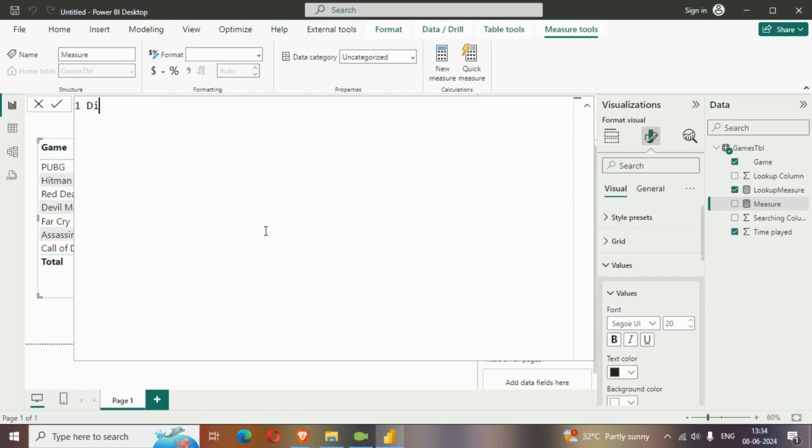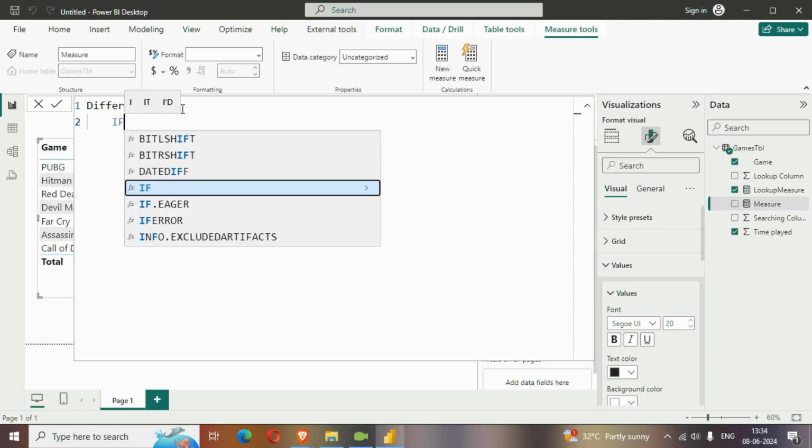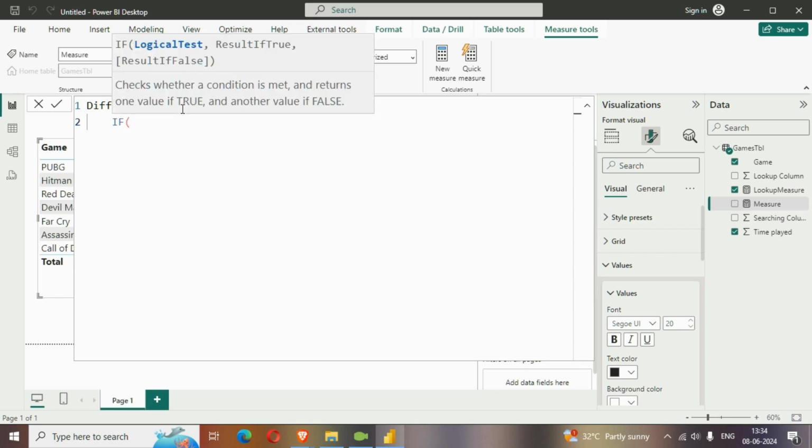This is my difference equal to, I'm using if logical test. Here I'm using has one value